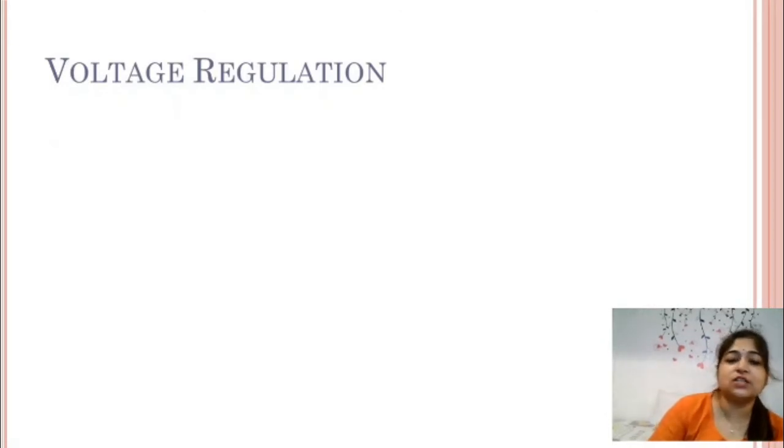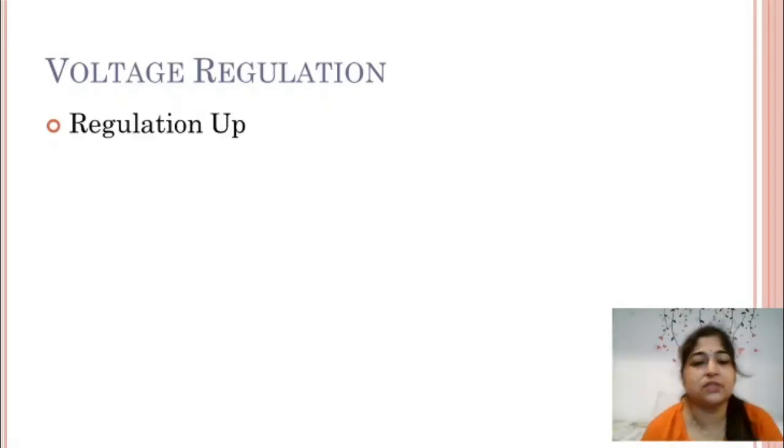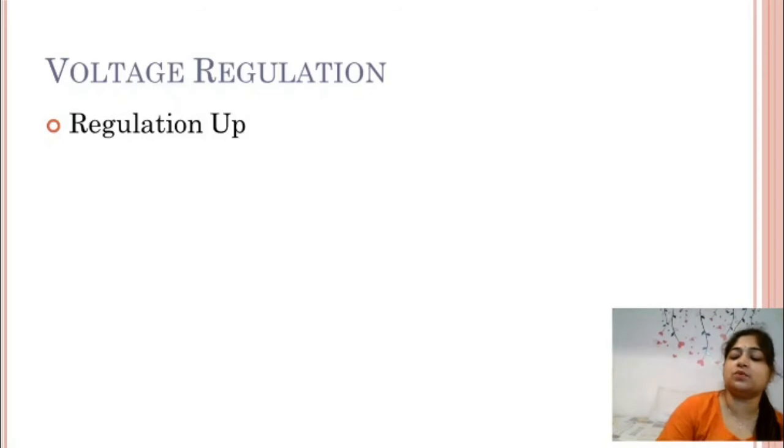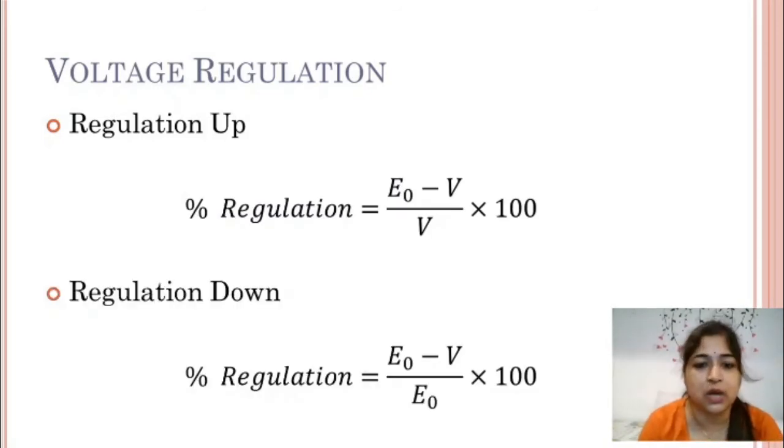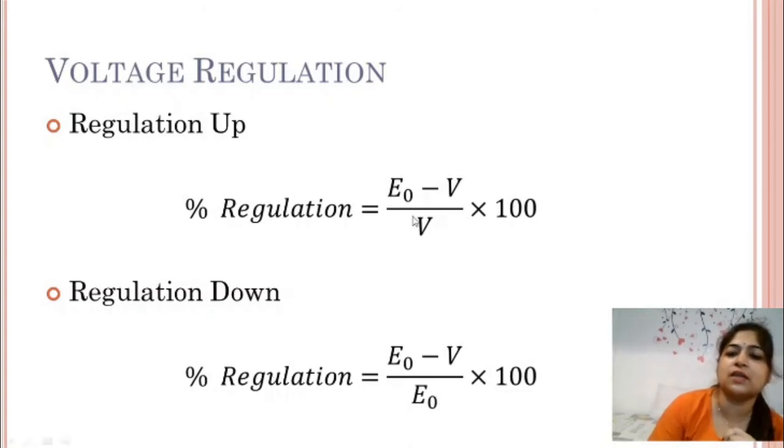Now, what is voltage regulation up and voltage regulation down? You will find in some problems you will be asked to find out voltage regulation up and voltage regulation down. So if you find the percentage regulation as a percentage of full load voltage, it will be voltage regulation up. While if you find voltage regulation as a percentage of no load voltage, it will be voltage regulation down. So there is a very simple concept to remember this, that the no load value will